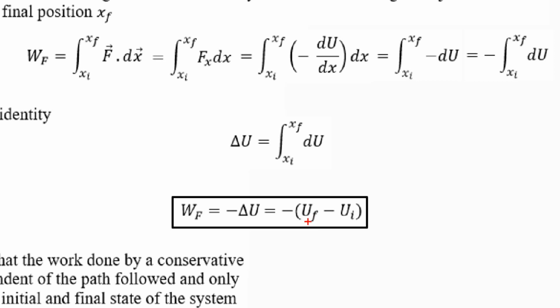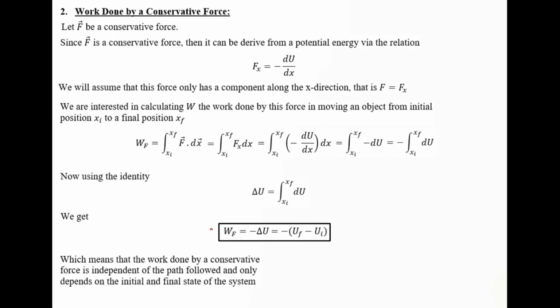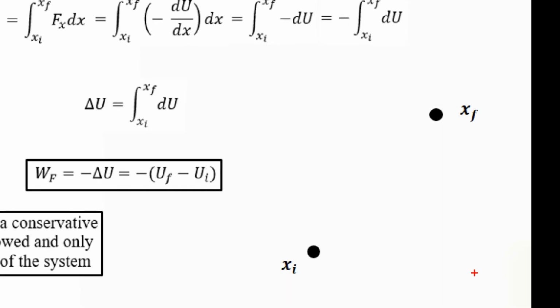So which means that if we know the potential energy initially and finally, that would allow us to calculate the work done by the force, and it can be represented pictorially as follows. Now suppose we have an initial position and a final position. If we're dealing with a general force and we need to calculate the work done by the force F